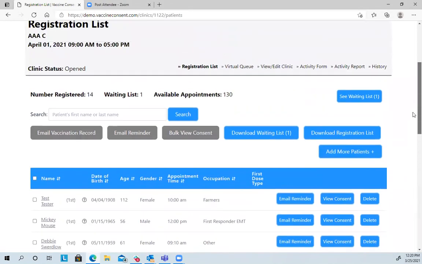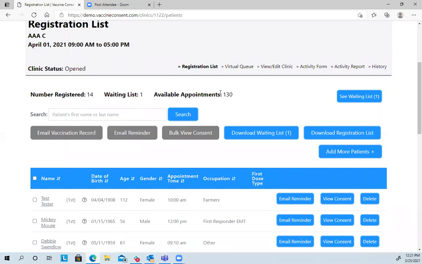Want to make sure. So the registration page has a lot of information on it. It shows you the number registered, how many are in the waiting list, and approximately how many available appointments are still available. Now, this available appointments shows how many have gotten through registration, but it also subtracts from the total number that were available those that have held appointments and might be in the middle of registering. So if you're ever wondering why the numbers don't appear to add up exactly as you may have available slots at your clinic, it's because you may have a number of people who kind of locked in a time but aren't through registering.